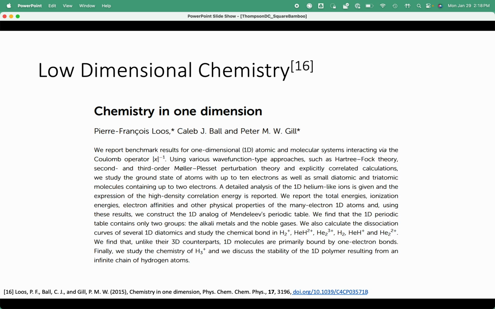This in turn led me to an archive posting describing an abstract chemistry in one dimension. Note the date of this publication, which coincides with my reading of the No Man's Sky profile in the New Yorker.